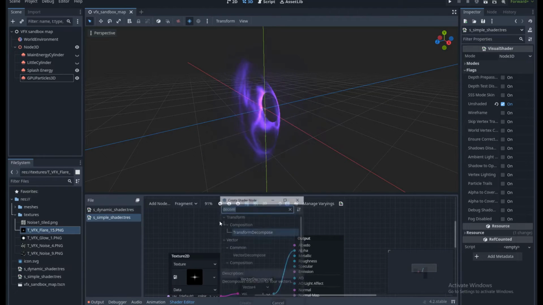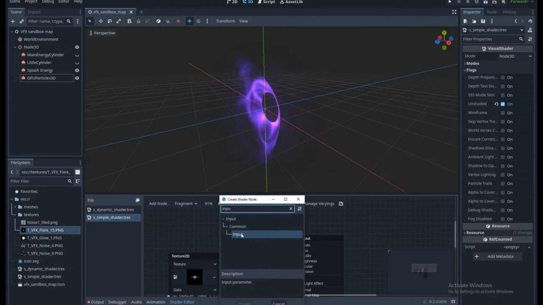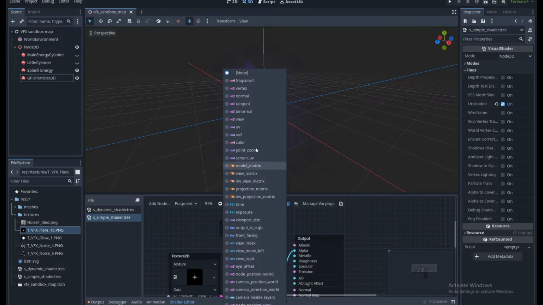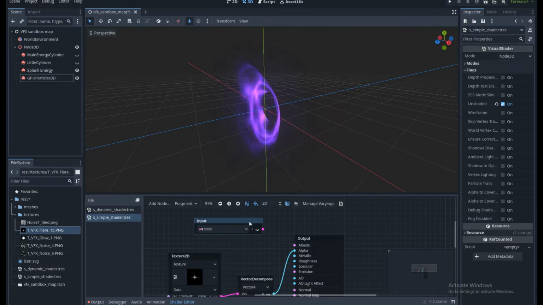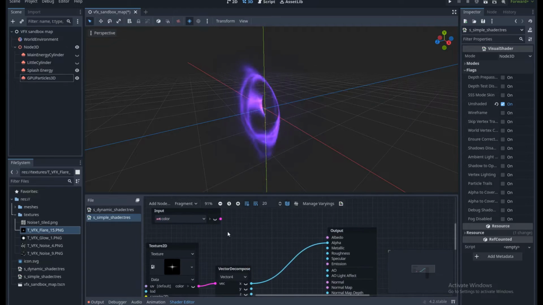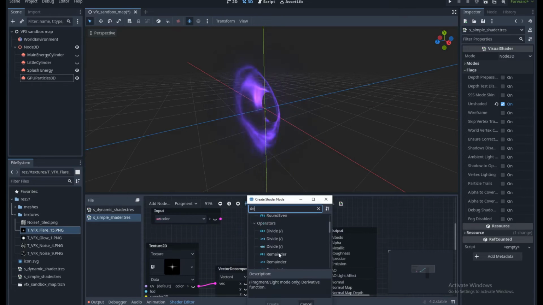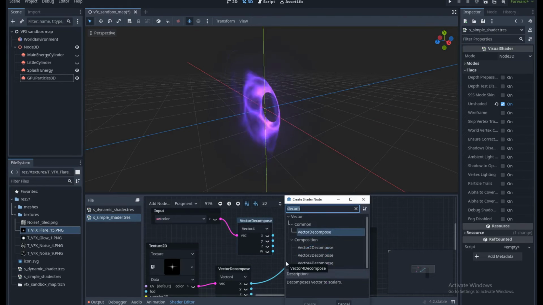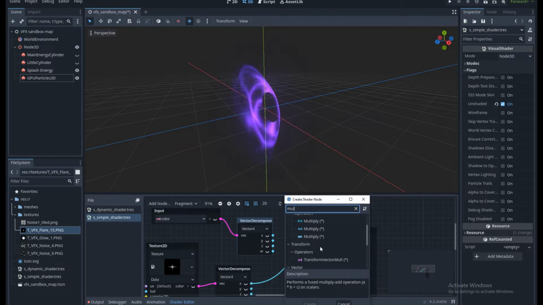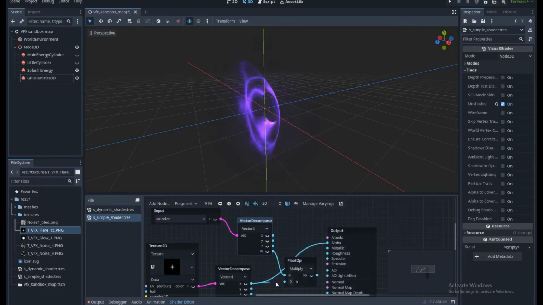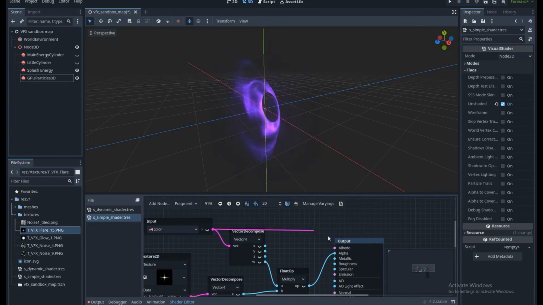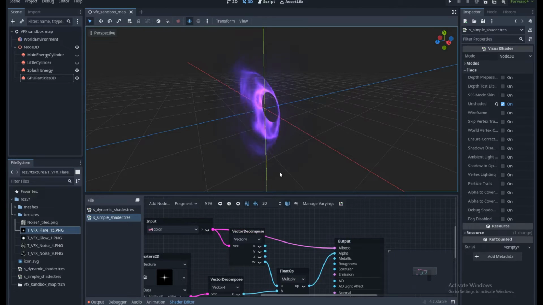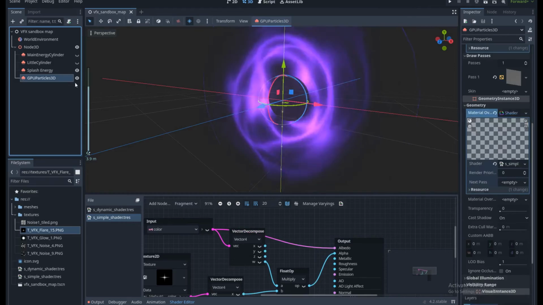And also for the albedo I need an input color from the particle system, and I will decompose this as well and multiply the alpha channel with the texture. Connect the albedo. So now if I go to the particle system,